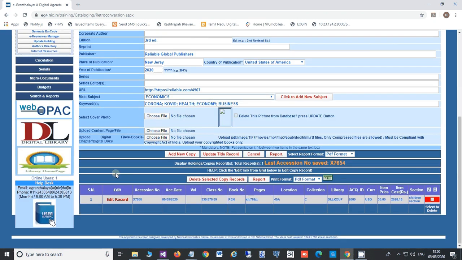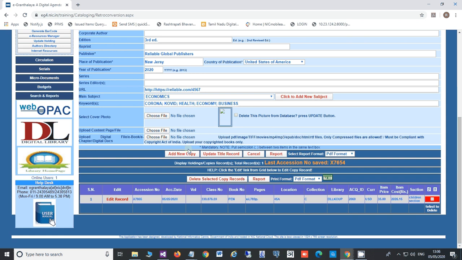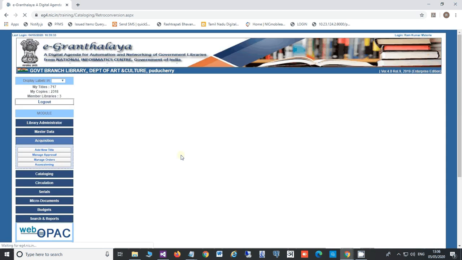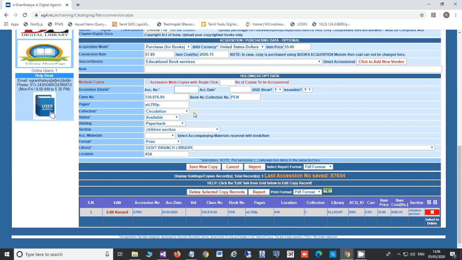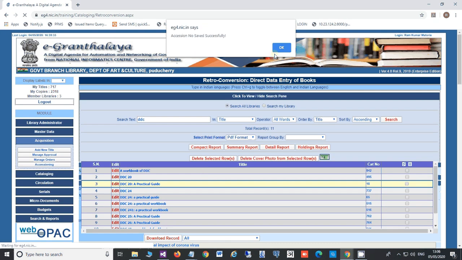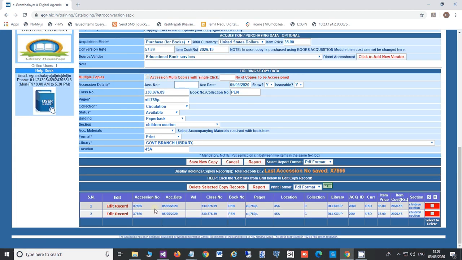In case you want to add more copies of this book, then press add new copy, and just because the accession number is changed, other information may be the same, if it is not a multi-volume book. 7866 for example, then save new copy. So in this way now you have added 2 copies.